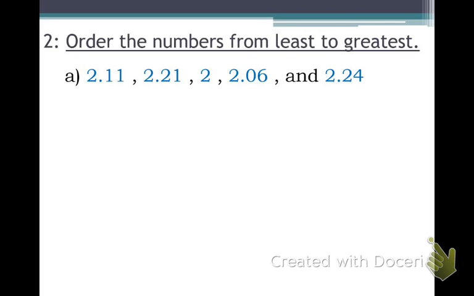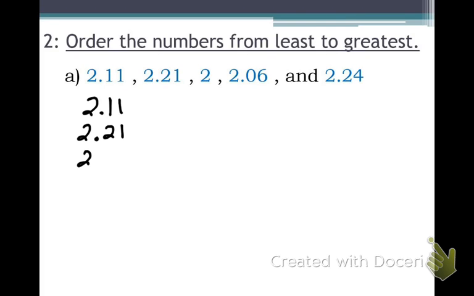Next up for example 2, it's asking us to do something completely different. It says to order the numbers from least to greatest, but we are going to need to learn and remember what we just talked about with comparing decimals. So once again, I want you to line up the decimal points. Directly underneath this first problem, we're going to rewrite 2.11, and then I want you to rewrite the next one, 2.21. And go ahead and rewrite the next one, 2, and then you know that the decimal